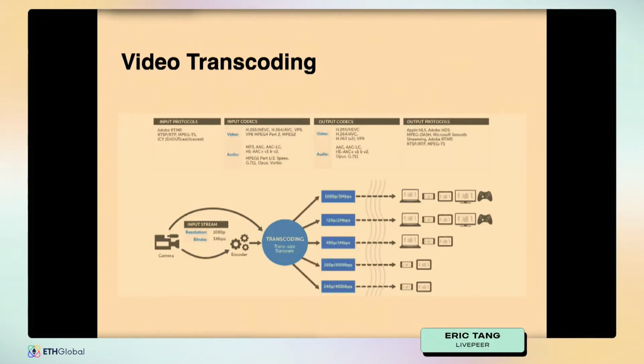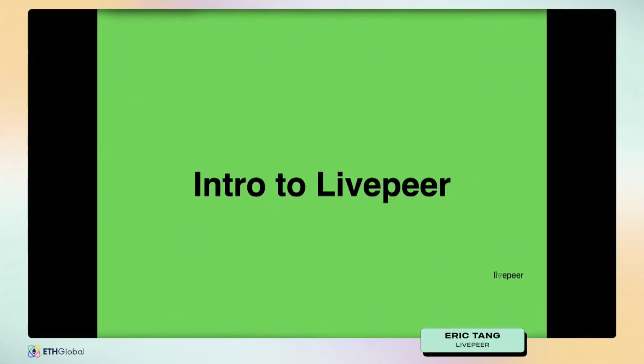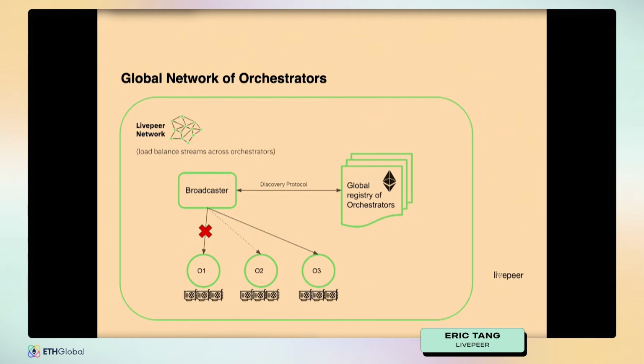And that's where Livepeer comes in, right? Livepeer is a decentralized video processing infrastructure network. I'm not going to get into too much of how Livepeer works. Just at a high level, the way it works is there's a global registry and a set of smart contracts that controls who gets to participate in the network and who gets rewarded, right? Anybody can participate through this protocol, and the participants are basically GPU providers that have a ton of GPUs.